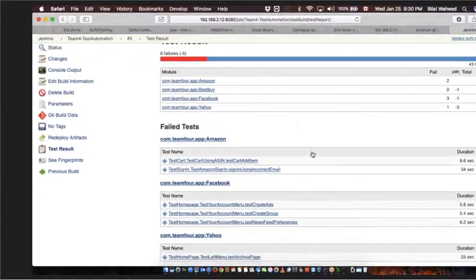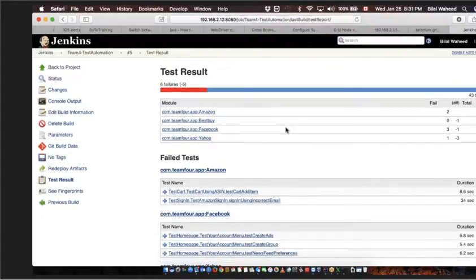So as you see, Ahmed, this is what I was referring to. This is not bad. The way we see the reports over here is pretty nice. It's telling us which ones are failing, and then we can go in and check why they're failing. So again, this is Jenkins running on another machine. I just showed it to you, and I'll be